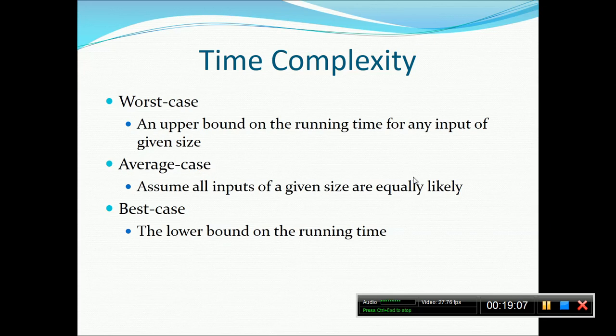At the same time, the worst case would be like the maximum. Suppose the number is present, given this is an assurance, given the number is present. The worst case would be like n times, like the entire array will be searched and then you will get the element. Anything that is between the best and the worst, you call this thing an average. Anything that lies between the best and the worst, you call this thing the average case. Assume all inputs of the given size are equally likely.